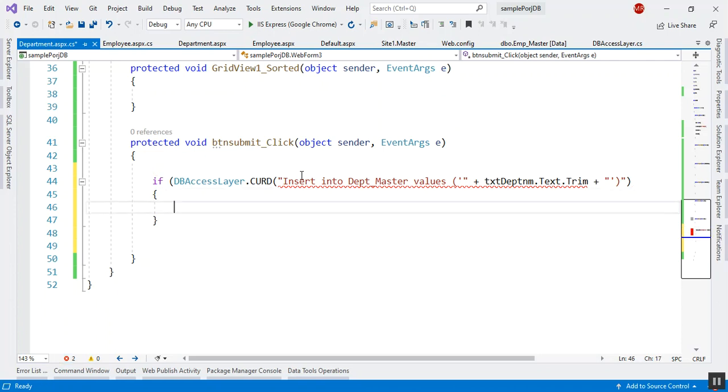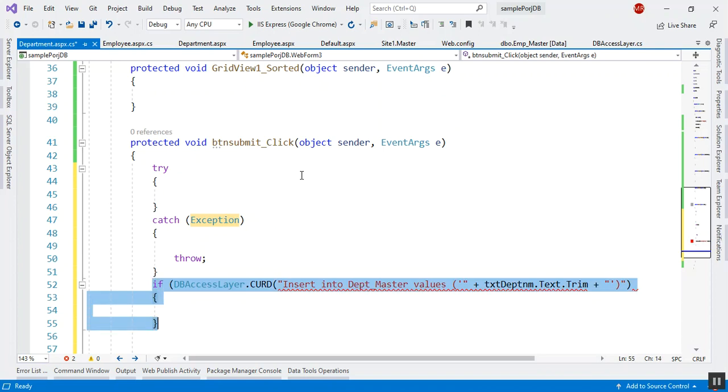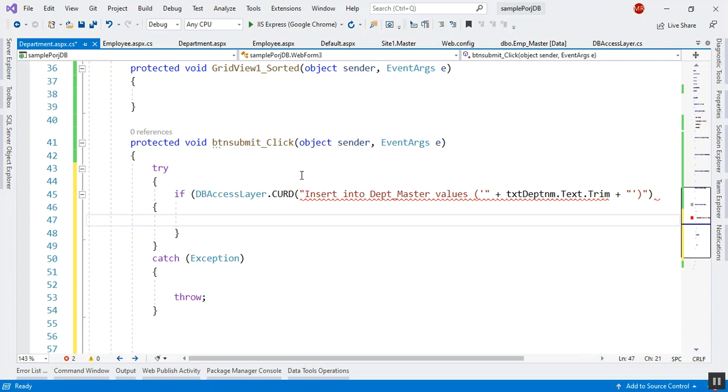And if it is returning more than 0 value, then we can say record submitted successfully. So we should put this in a try catch block first of all. I don't need to create any object. Here I will say